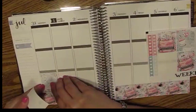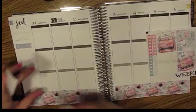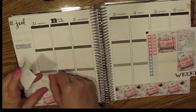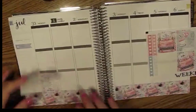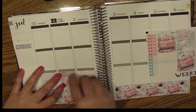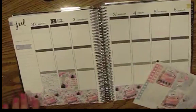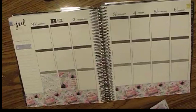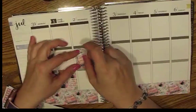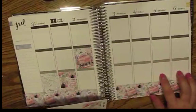Now last week I had some problem with the boxes not being cut perfectly right to size. Let's see if that's different this week. Nope, that fits really well. So we'll put these 2 guys right here. And usually I like to stagger them just to make some kind of a pattern, but this week it's just not going to work out that way. So I will put this pretty typewriter up here. Then over here, I do tend to like to put 2 on the bottom, so maybe we will go...